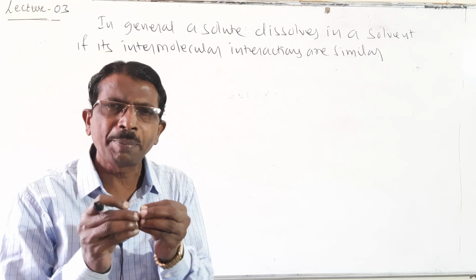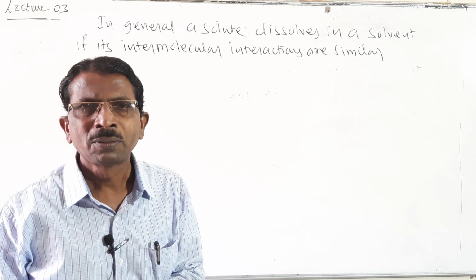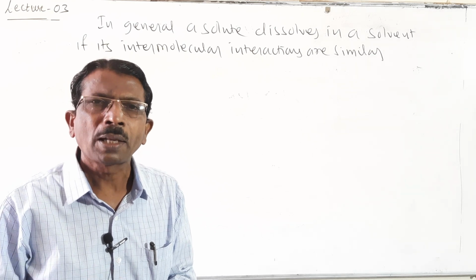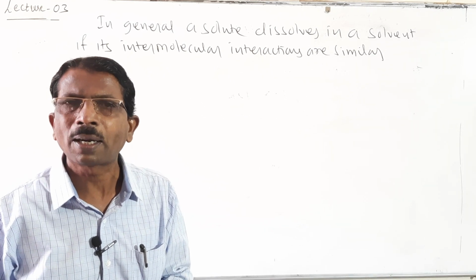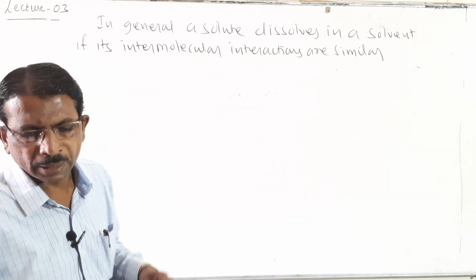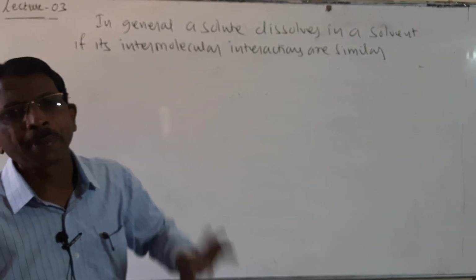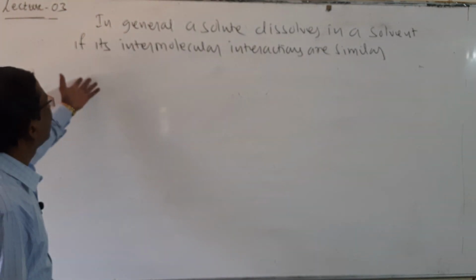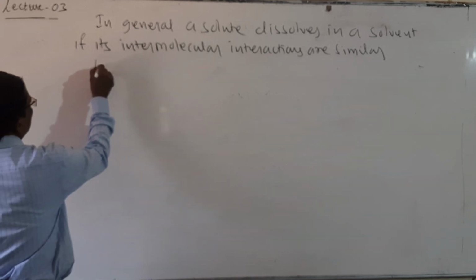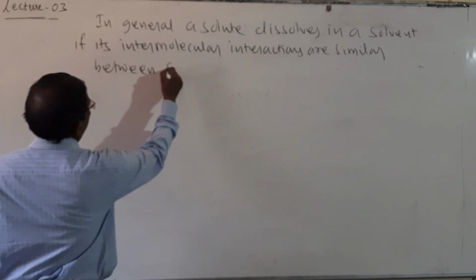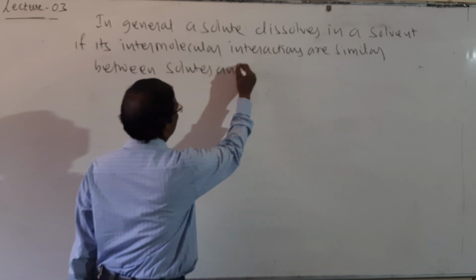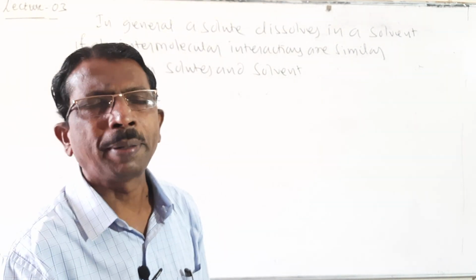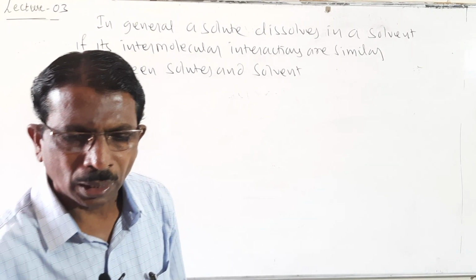Solute and solvent having the same intramolecular interaction are easily soluble. So due to this reason, the polar solute dissolves in polar solvent, and non-polar solute dissolves in non-polar solvents, because their intramolecular interactions are always the same. So that is the main reason. It is also called like dissolves like. So you may also write its intramolecular interactions are similar between solute and solvent. So it is about solubility.